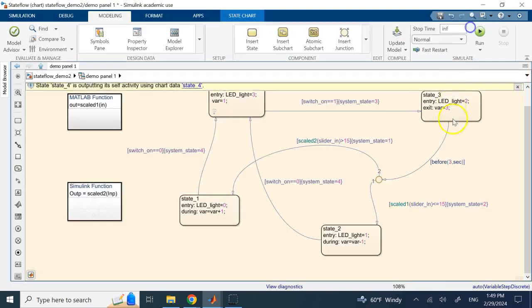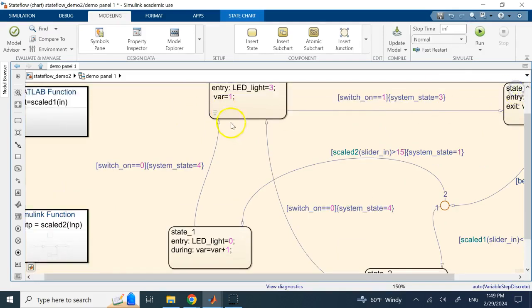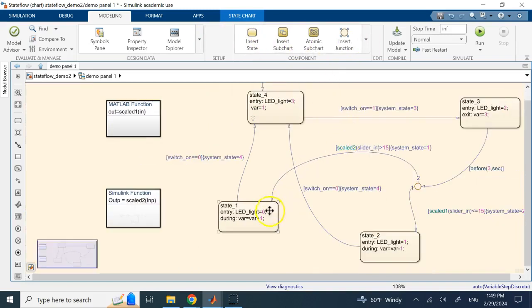And if you look at state 4 here versus the other states, you see right next to state 4 there is this kind of Wi-Fi symbol. That means this state 4 will communicate its data to the logging of Simulink, while the other ones are not being logged. Okay, so you can put that there,